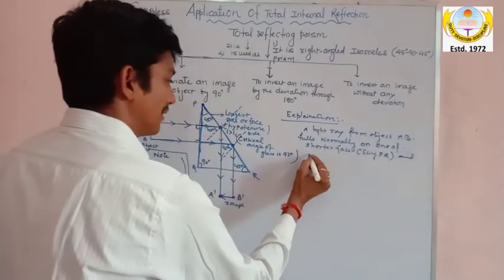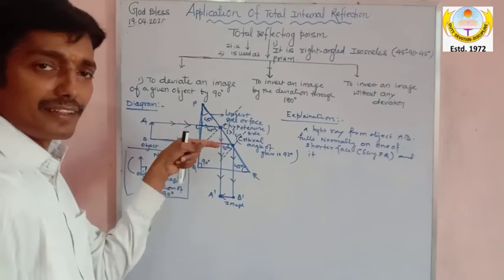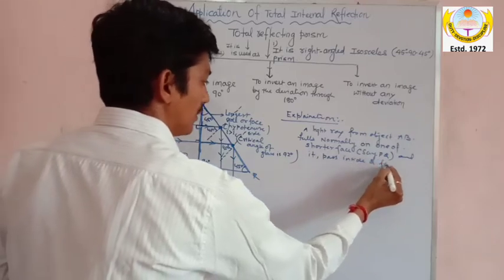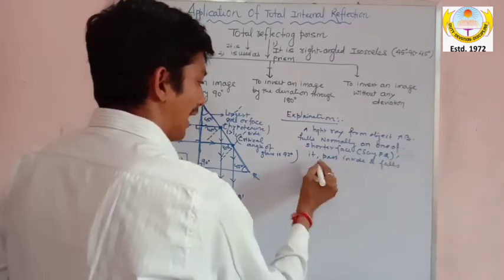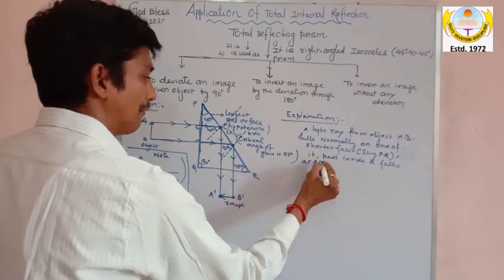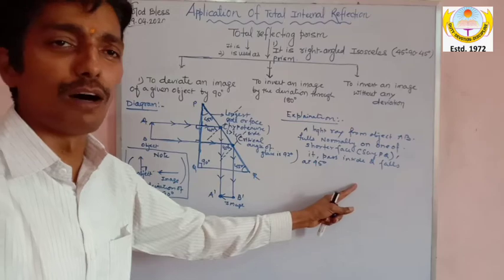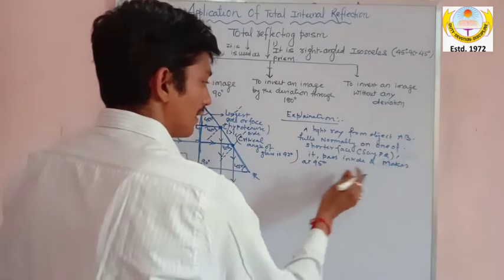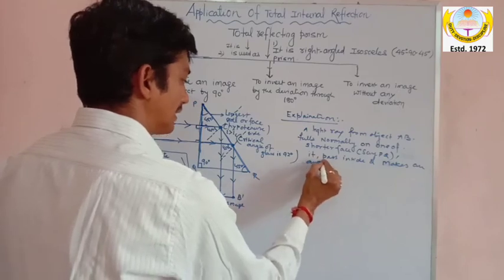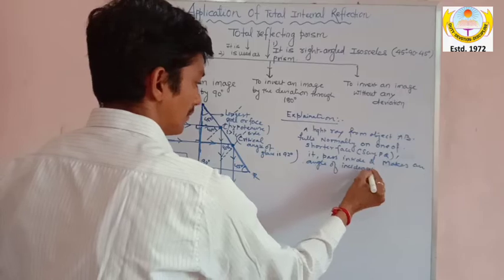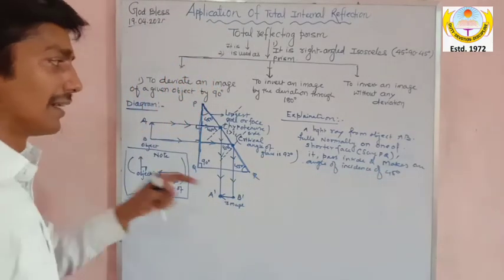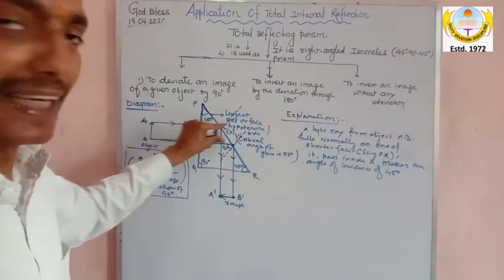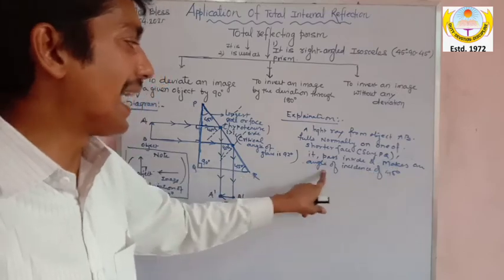and it passes inside and falls at 45 degree, and makes an angle of incidence of 45 degree. Am I clear? A light ray from object AB falls normally on one of the shorter faces, say PQ. It passes inside, you can see, it passes inside and makes an angle of incidence of